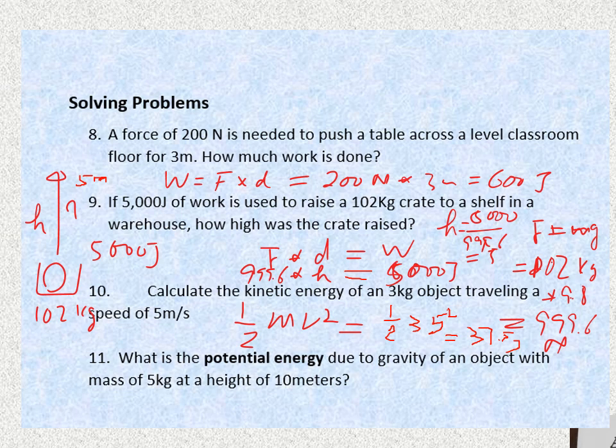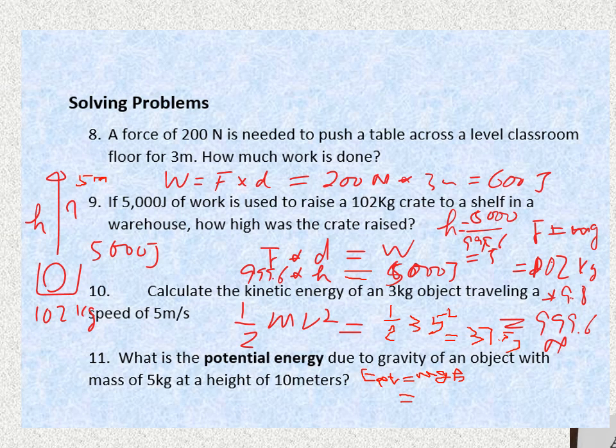All right, so now the last one, number 11, we talk about the potential energy. Potential energy is energy due to position or arrangement of objects. In particular, gravitational potential energy is mgh. So gravitational potential energy, the potential energy due to gravity, is equal to mass times gravity times height. I will let you do the calculation, but it is important to remember the formula.